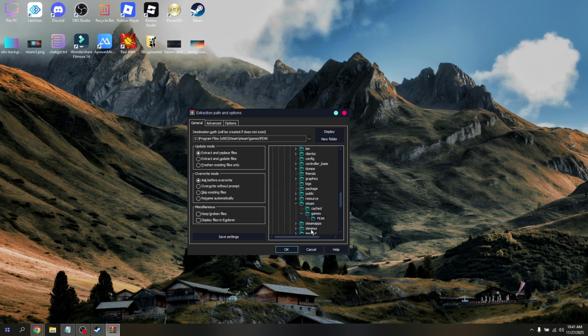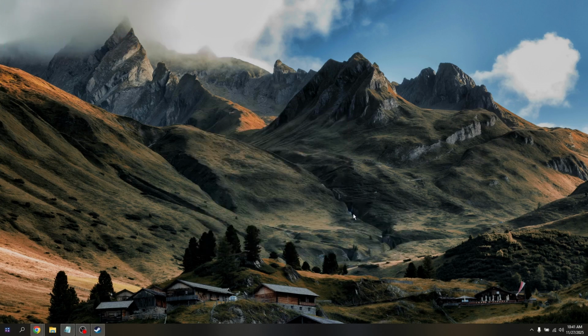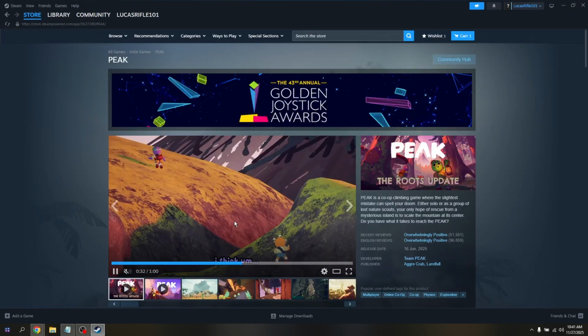Once you hit OK, it will automatically be extracted into that designated folder, and then you will receive some prompts in there. Just choose Yes to override an existing file, and then once you've successfully extracted it, relaunch your Steam client and reopen your Peak